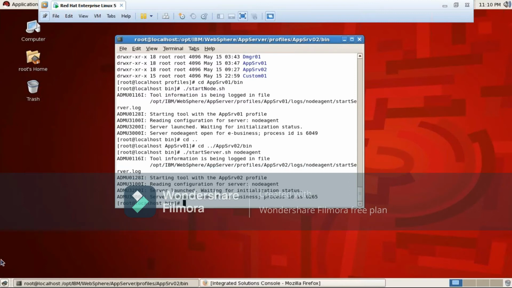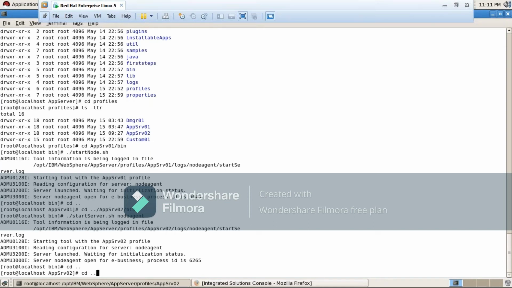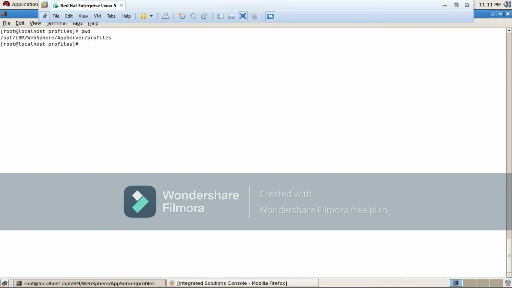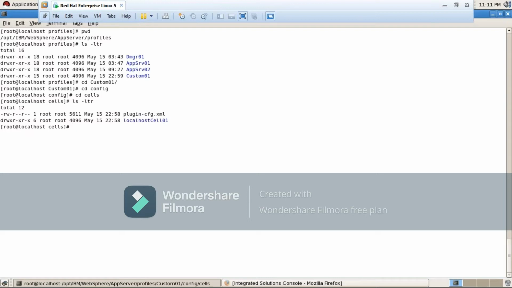Okay, both the node agents are started, and let us have a folder structure view once it is federated, right? Let us go into the custom profile and we'll see the folder structure of this federated one. cd config, right? cd cells. Inside that, the DMGR cell and plugin will come there.